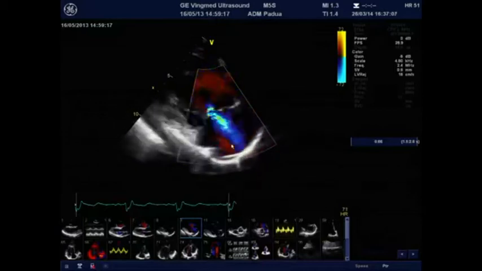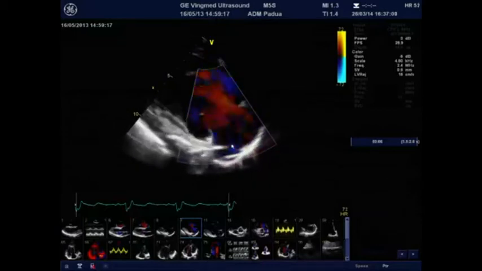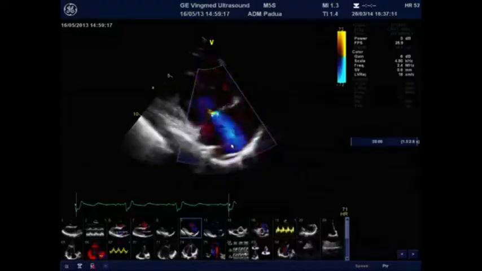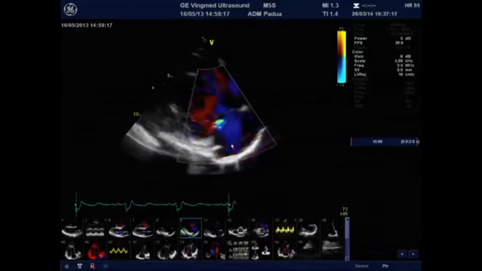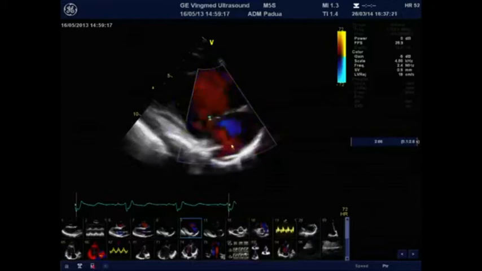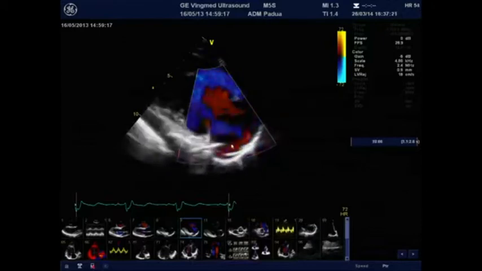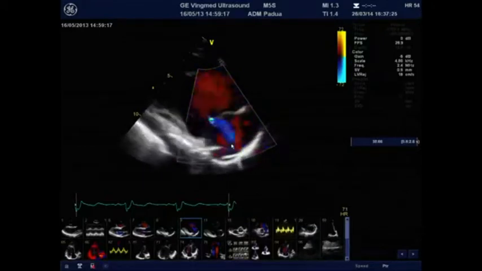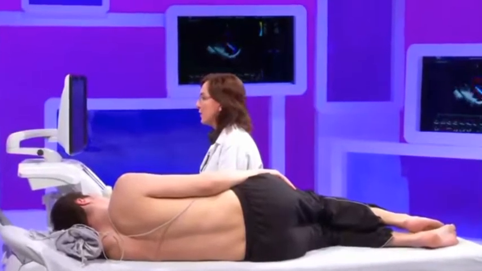This is an important aspect also for the quantitative analysis, because these variations with respiration are very frequent and may confound your measurements. So please be sure that when you acquire several cycles, you also take a mean, the average of several measurements on at least 3 cycles in a sinus rhythm,